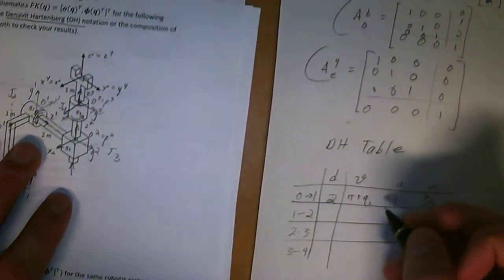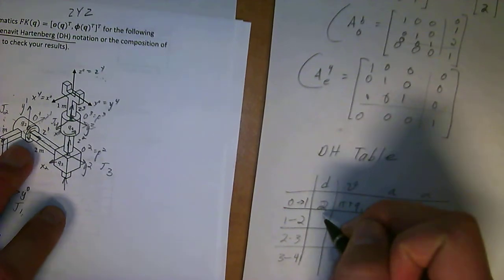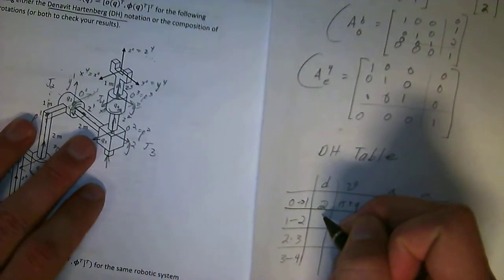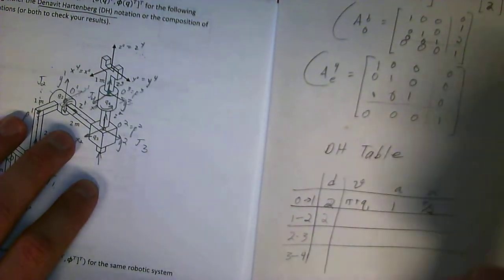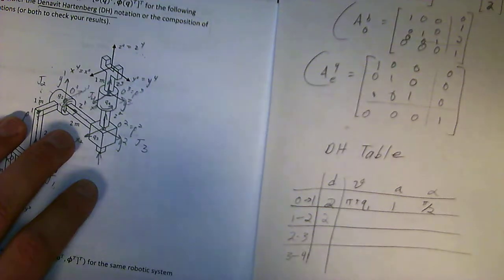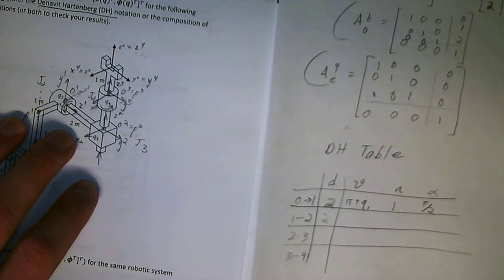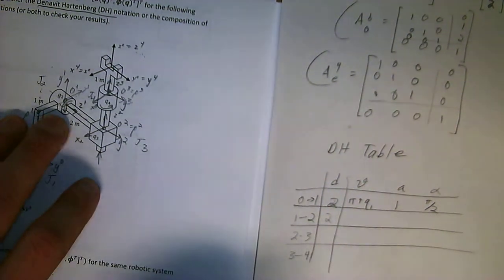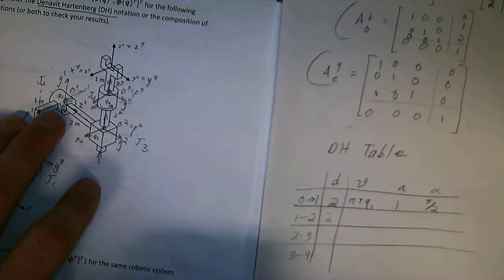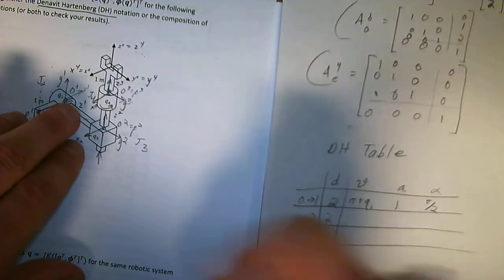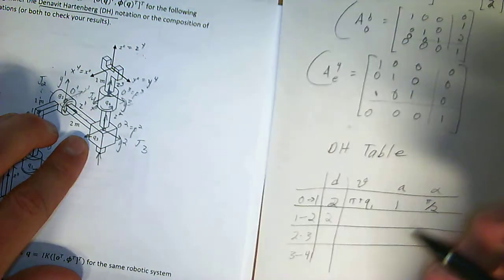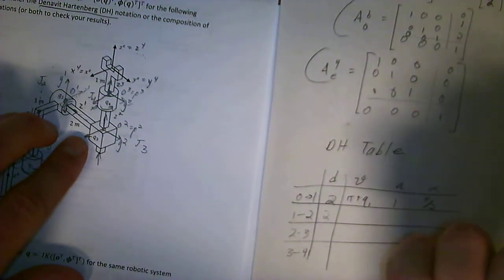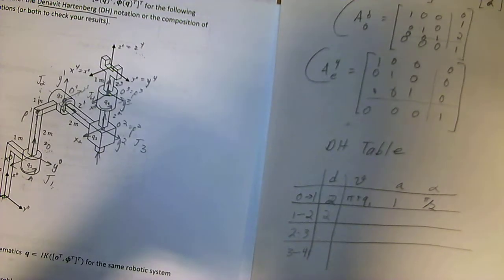The way you can define that is using the right-hand rule. You know it's positive 90 if you put your thumb in the direction of the x1 axis and curl from Z of 0 down to Z of 1, and you don't have to do anything funky. Your thumb still lines up with the x axis. So right-hand rule, it's pi over 2, which is 90 degrees. Okay, now we'll be able to blaze through these a little faster. So the distance along the z-axis from 1 to 2 is going to equal 2 meters. Theta is going to equal